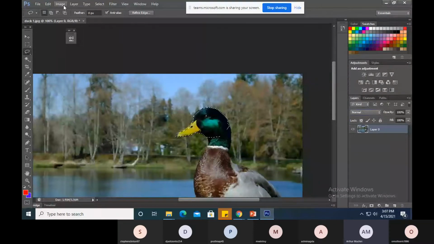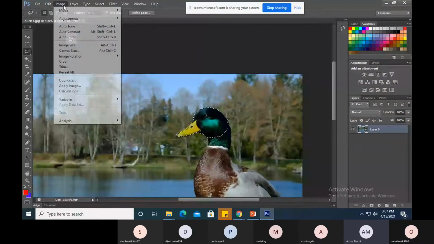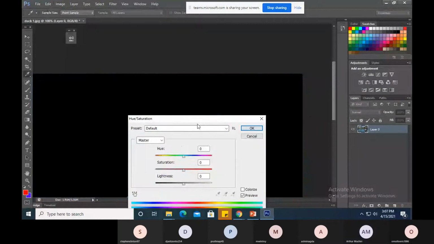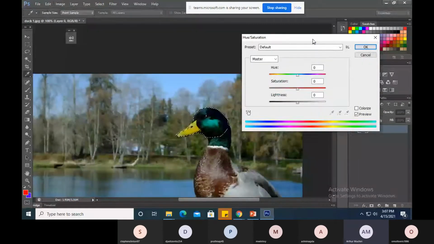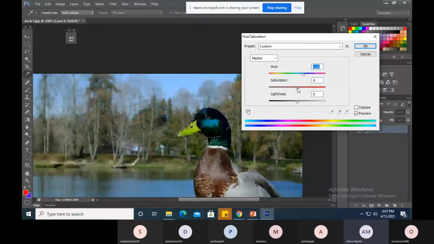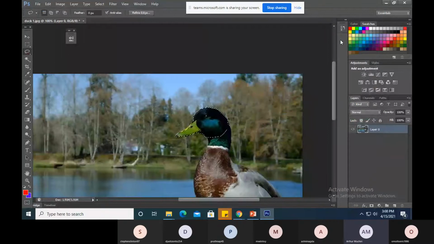Let's go to image adjustment, and then come to hue and saturation, and then you can change the hue and saturation of the section that you have selected. You can see the changes. So that is one way of selecting using the lasso tool. The next tool